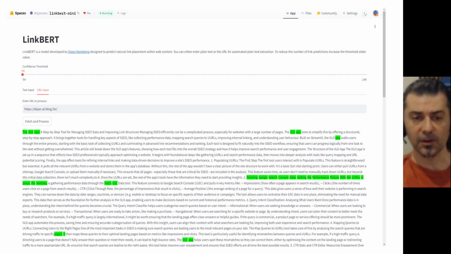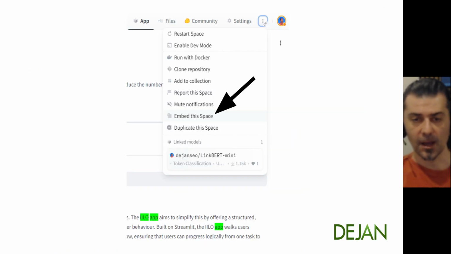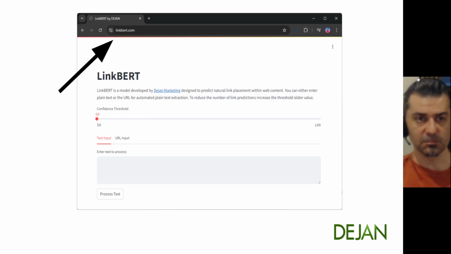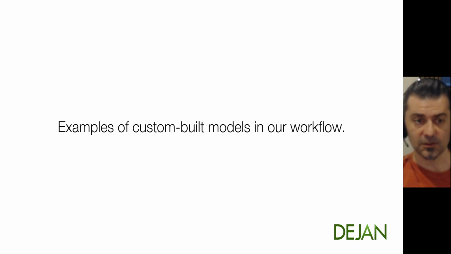So here's Linkbird, our token classification model, which is capable of recognizing when a good link moment happens in plain text. So we feed it text and it can tell what should be a link without seeing the links in that text. And then you can embed that space, put it in your HTML, and run a little tool or a demo for your team, or to showcase your capabilities or perform useful SEO tasks.